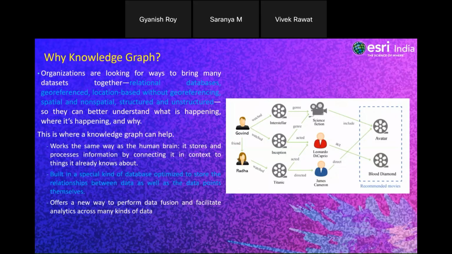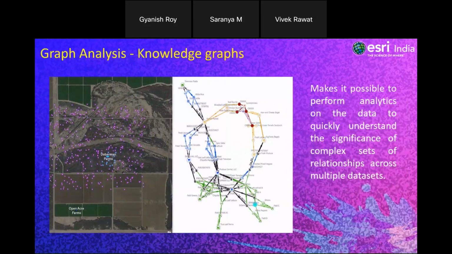So these databases are optimized to store not only the points or entities, but also the relationships between these data points. So knowledge graph offers us a new way to perform data fusion and facilitate analytics across many kinds of data. And another important reason why we need knowledge graphs and graph analysis is sometimes the relationships